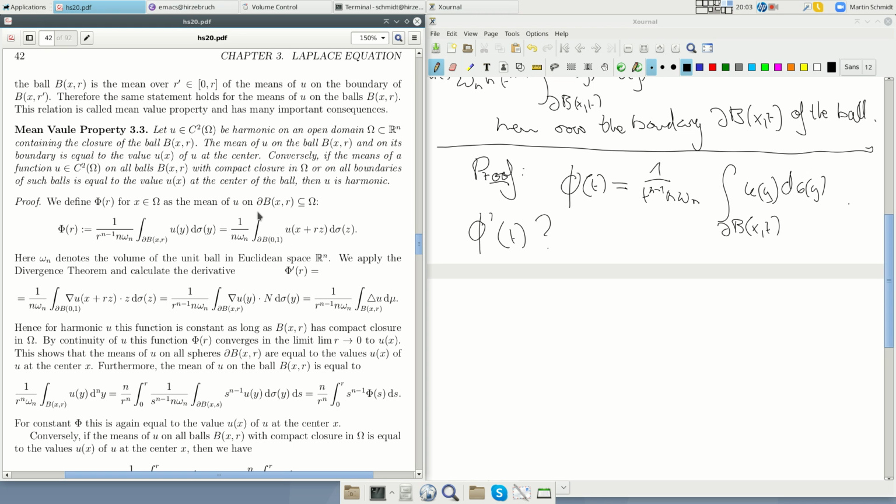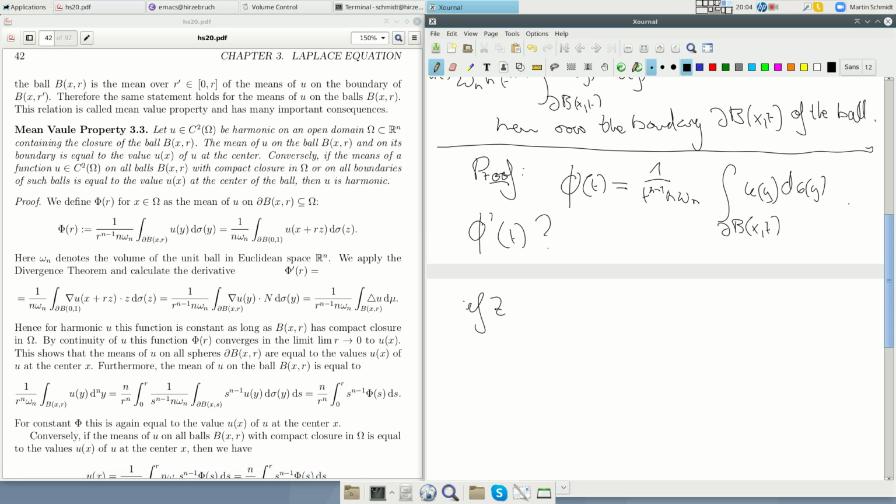So here we take the mean over the boundary of the unit ball and for the coordinate z, which means if z runs through the boundary of the unit ball,